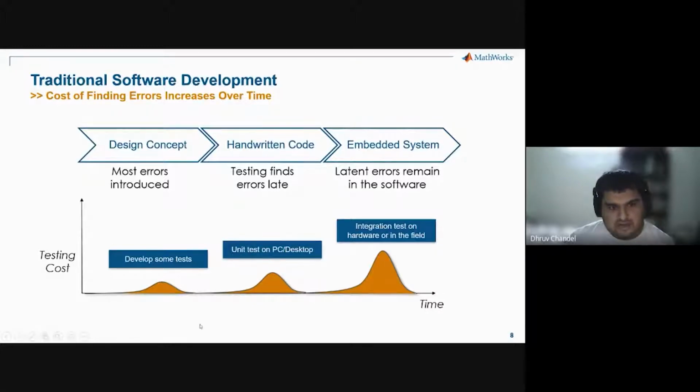So what we're going to show you today are some simulation tools with which you can do more and more testing in the starting part. You can design a robot completely inside simulation. You can write all the algorithms, you can work with the navigation codes, etc. So this cost happens right at the beginning, and therefore you don't have to pay much farther down in the development process, which is a much better way of doing things. It saves a lot of time and effort. So I hope that makes you understand a little bit about why we are talking about simulation.